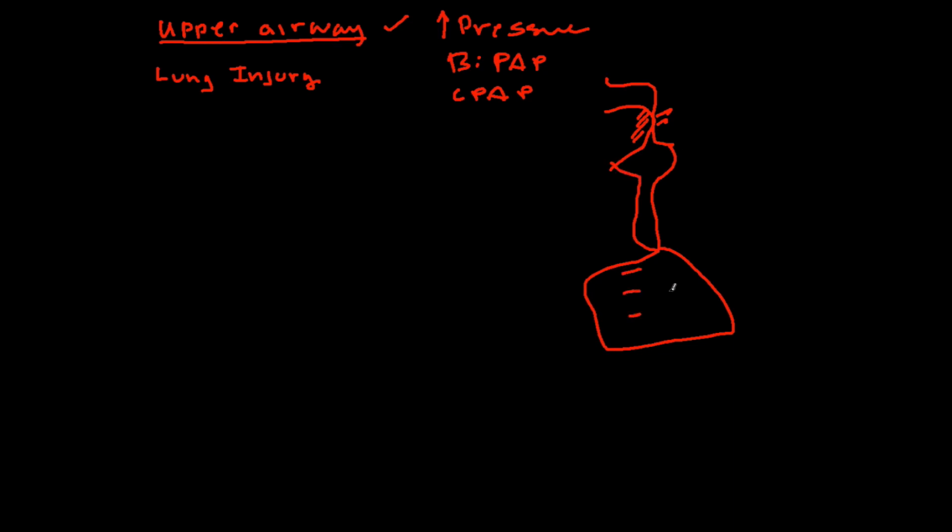That when you have subatmospheric pressure here and you're trying to inhale air through here, that negative pressure down here is drawing the two sides of this obstruction I've drawn together and basically closing off the airway. So if you can close this airway with a mask and pressurize this system here such that the obstructing structures are pushed away, you have a chance of getting some airflow in there, which will buy you time to do